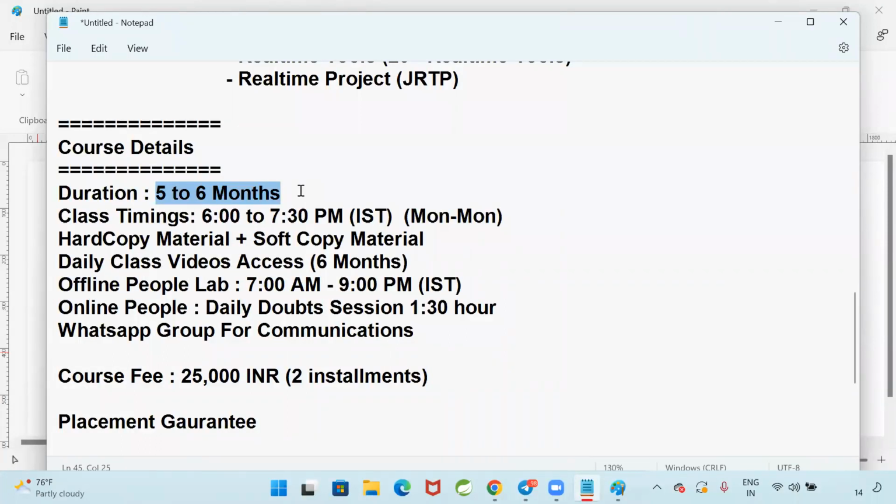Because of real time. I am a trainer. I'm not just a teacher. I am working in a company. I know what is happening. I am developing the code in my project. So the same scenarios I am going to discuss. That is the reason our people can crack interviews easily. Our people are getting jobs with very high packages. The reason is the content.